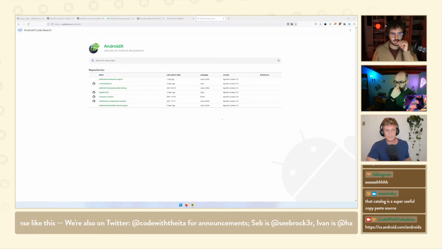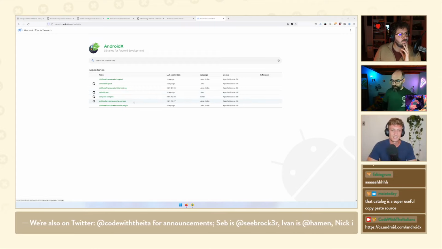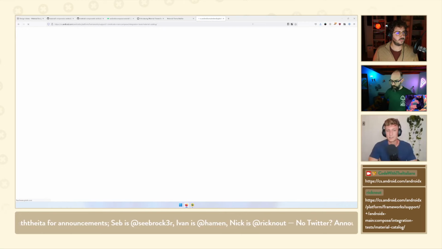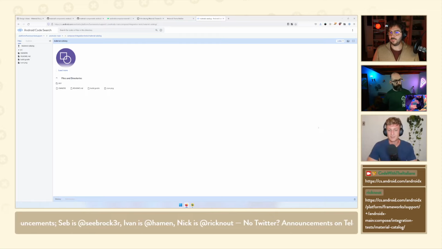I should add that this app has two sections to it now. When you open the app, you fork between: do I want to look at the catalog for Mutterial Design 2 or the catalog for Mutterial Design 3? What that means is that there's a little bit of Gradle trickery happening.